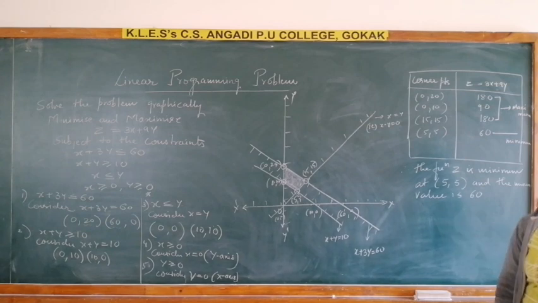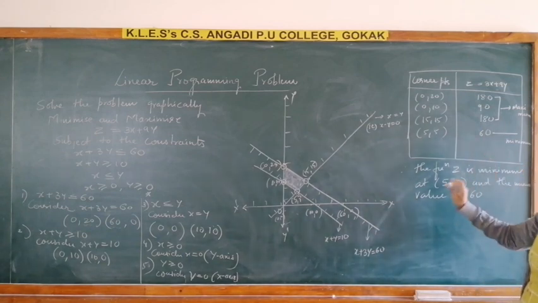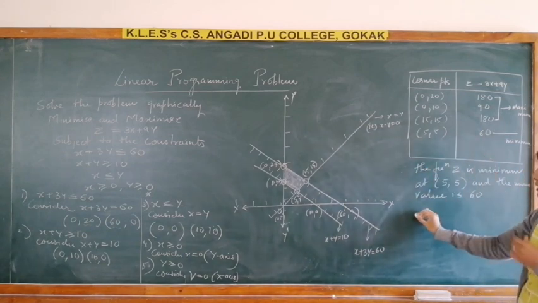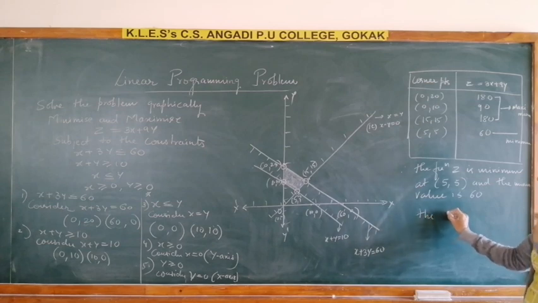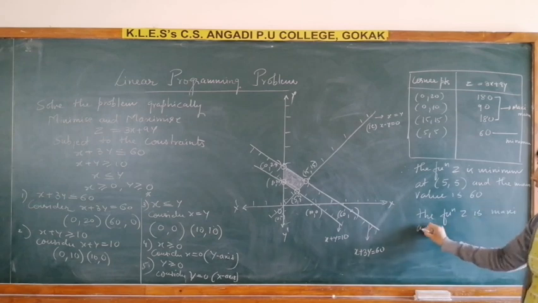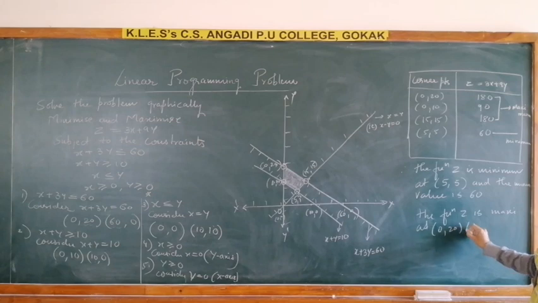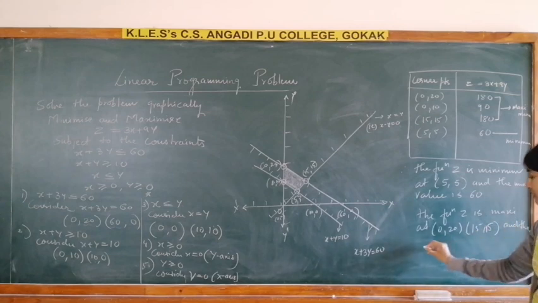Correct? The minimum value is 60. How to write the maximum? For this you will get 1 mark. And the second one is the function z is maximum at 2 points, 0 comma 20 and 15 comma 15, and the maximum value is